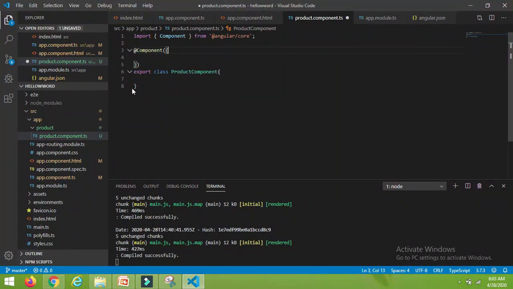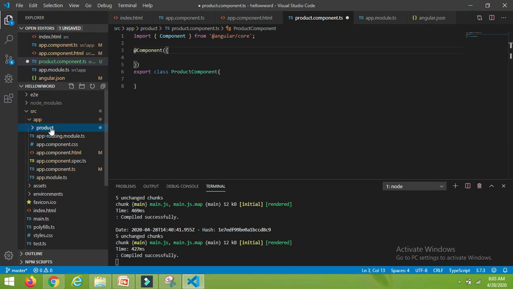Okay, so guys, we have created the two basic fundamentals required for creating the component: one is the decorator and one is the class. Now within a component we have three parts. First one is selector, then template, and third one styles. So guys, let's create another file for the template, that is an HTML file.